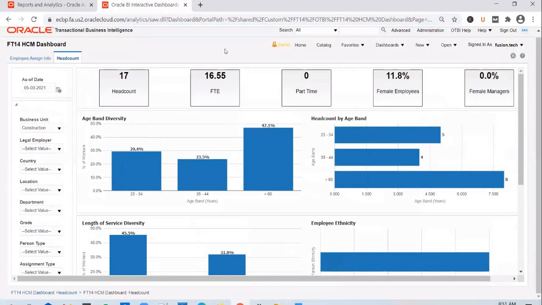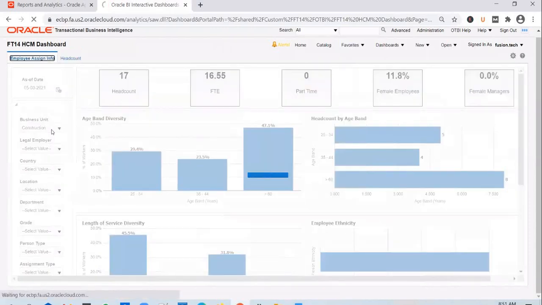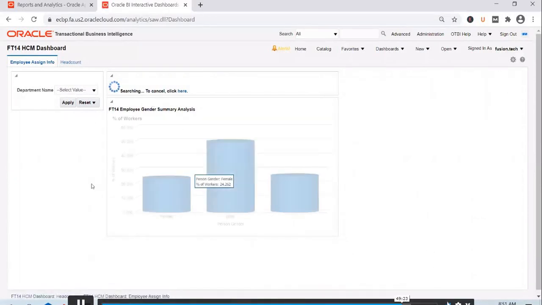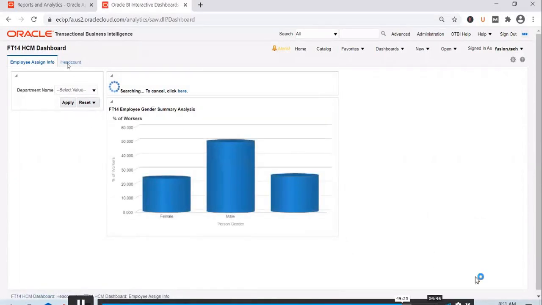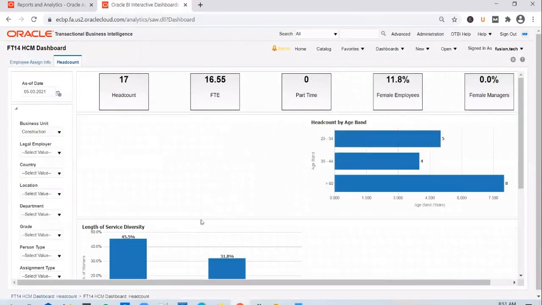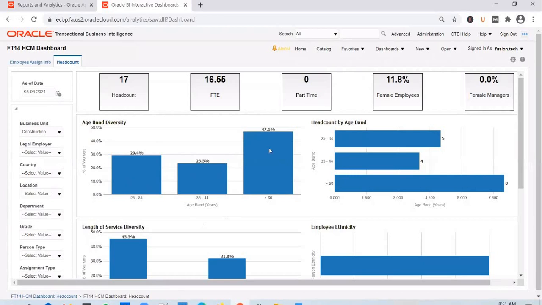Okay. So this is how you can create a new dashboard. And you can create a new dashboard prompt and add in the custom reports that you have created. You're unlikely to come across this change, but more frequently you come across changes wherein clients ask you to change the seeded dashboards. And when they ask you to do it, you have to follow this approach. Make the change, save it as a custom one, replace it on the page.